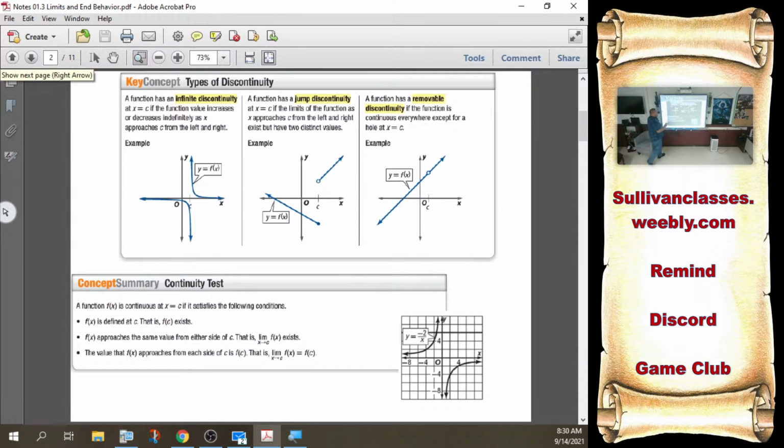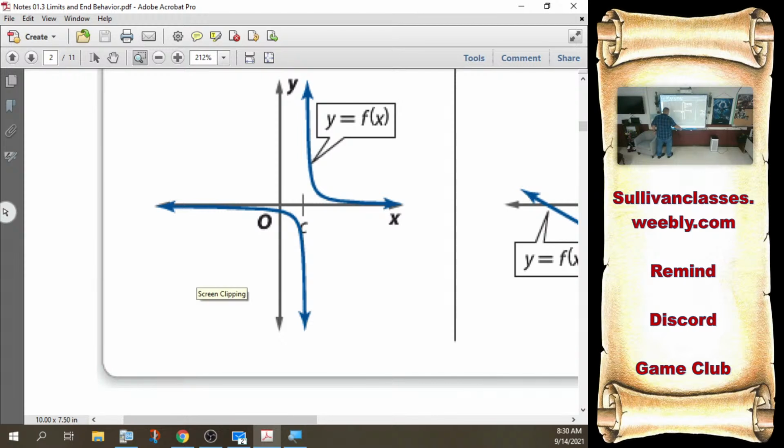Okay? Now, what I mean by through that point is right here, if I asked when x equals d, is this thing continuous? Well, as I go through the point d, I was able to trace it without picking up my pencil. So yes, it's continuous there. But if I said at x equals c, can I trace through the point c without picking up my pen? No, so it is not continuous. Okay? There's 3 types of discontinuity. That's what this chart is.